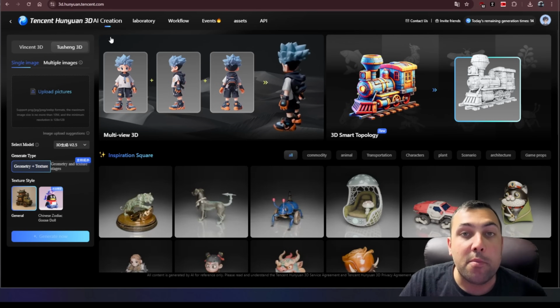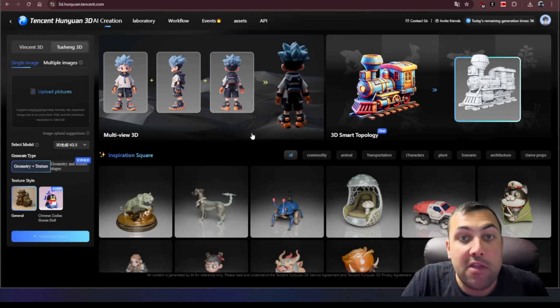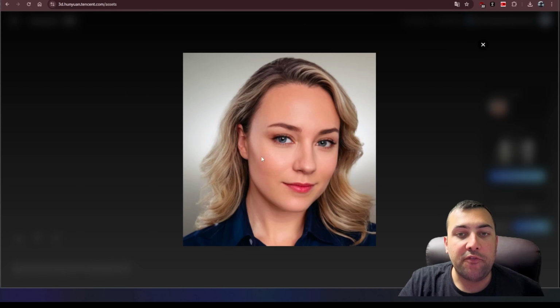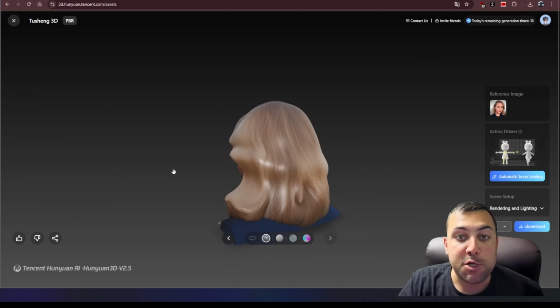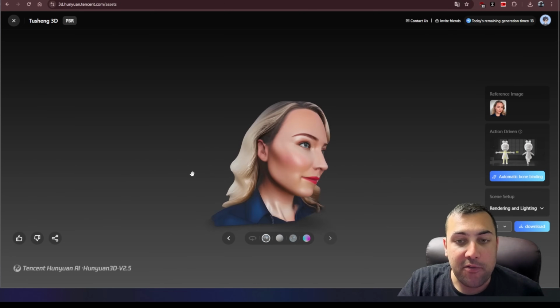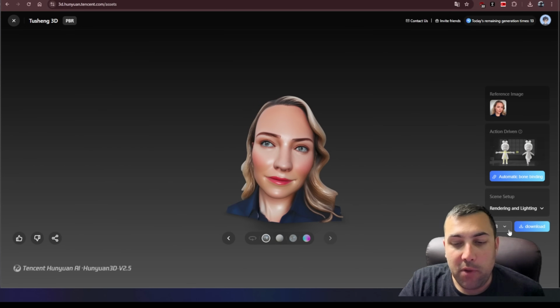This one is from Tencent, and they have their model here, and from what I can see, it's completely free to use. So we started with this photo here, and we were able to generate this full 3D version of AI Dana, and you can see how she looks. We can adjust the textures, and then we can also download the file,